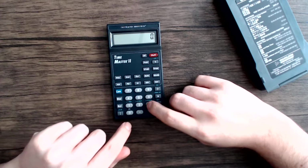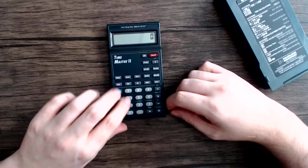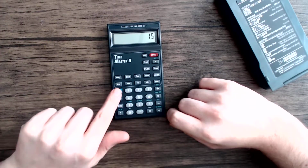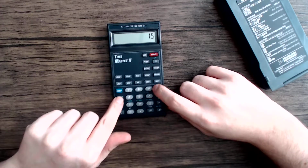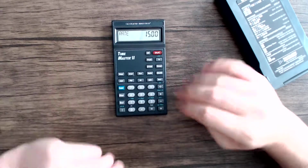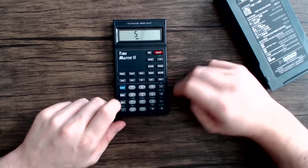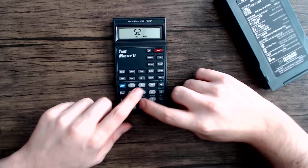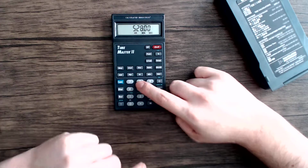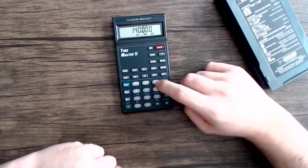So let's say we want to calculate an hourly wage, and we'll go with $15 per hour. I'll hit the store button and the rate button, and that stores it permanently as the rate. So let's say I'm working a job that pays $15 an hour. Now let's say I work 5 hours and 28 minutes one day, then 8 hours and 32 minutes the next day, plus